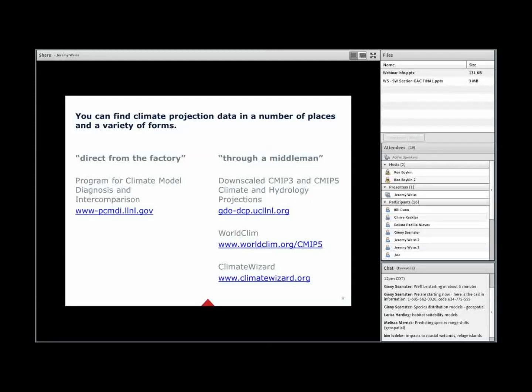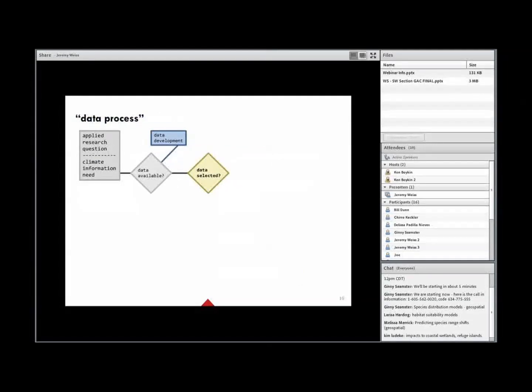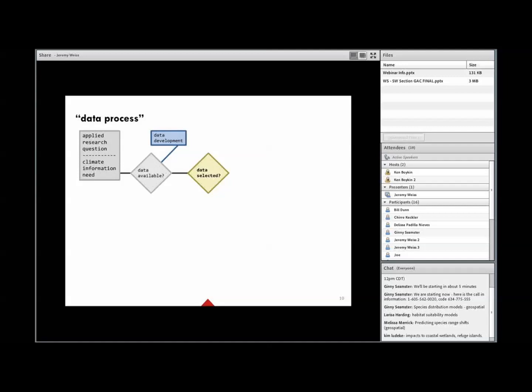That said, the next step in the data process brings us to selecting, okay, which of these sources do we get the data from? And in order to do that, we really have to start comparing our needs with the different types of climate projection data that are out there, as climate projection data has a lot of facets to it.